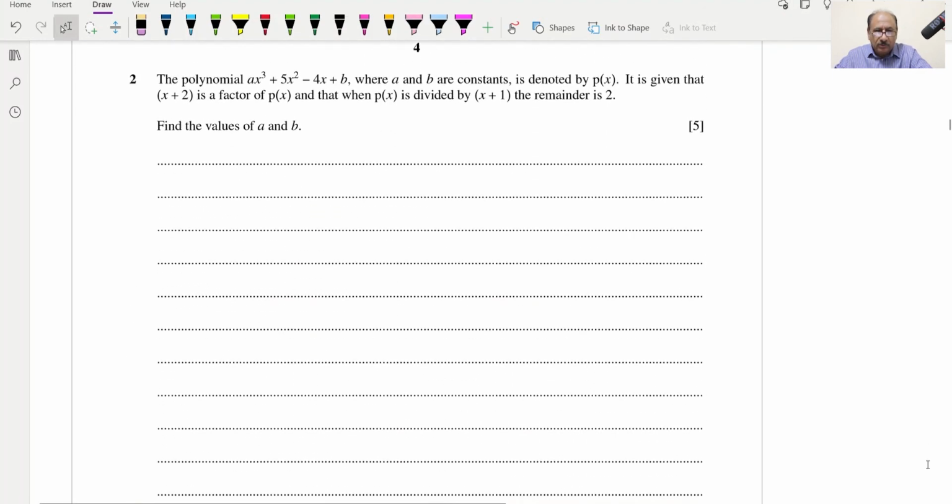Now question number 2. Question 2 says the polynomial, this one, where a and b are constants, is denoted by p of x. It is given that x plus 2 is a factor of p of x, and that when p of x is divided by x plus 1, the remainder is 2. So two situations are provided. One situation is that p of x is equal to